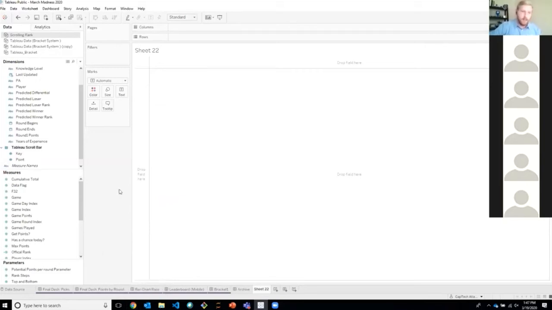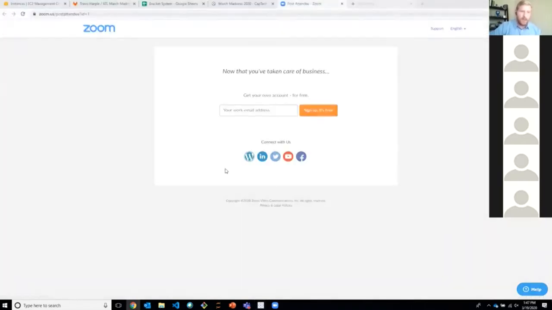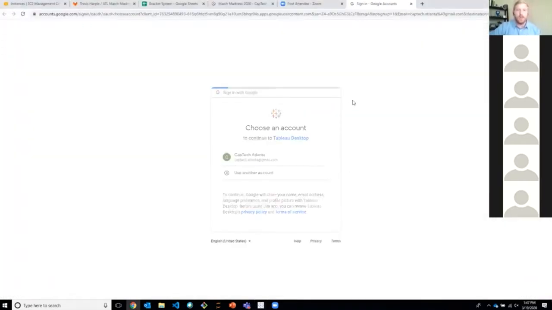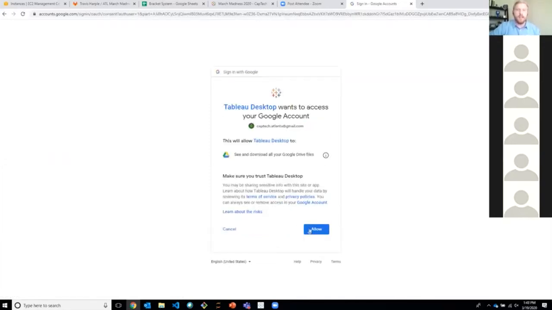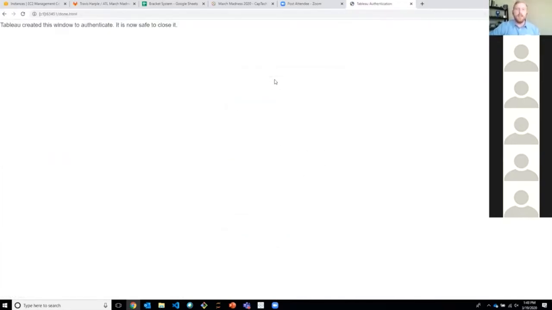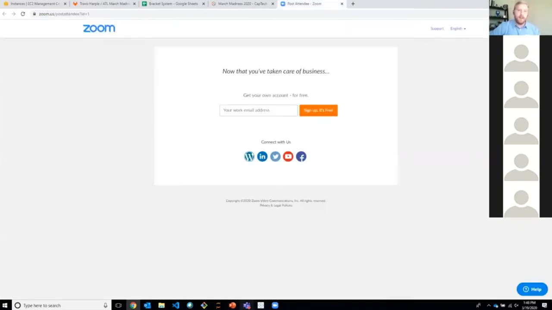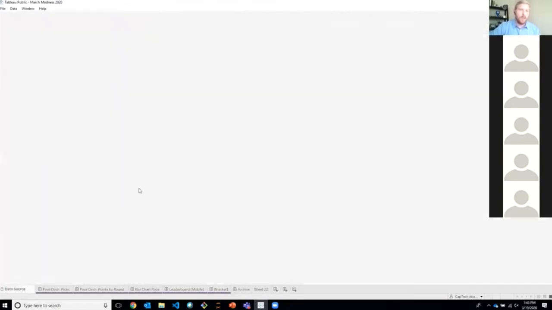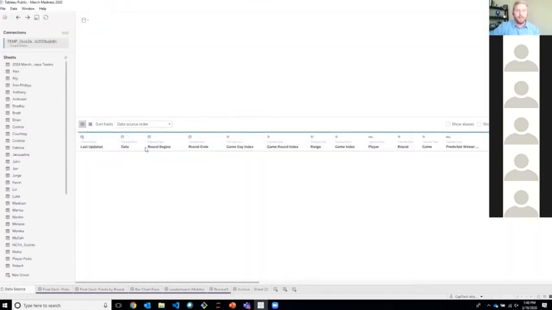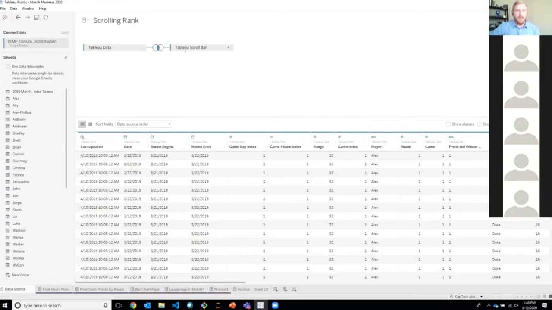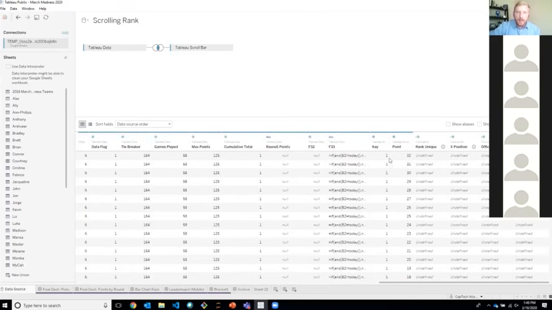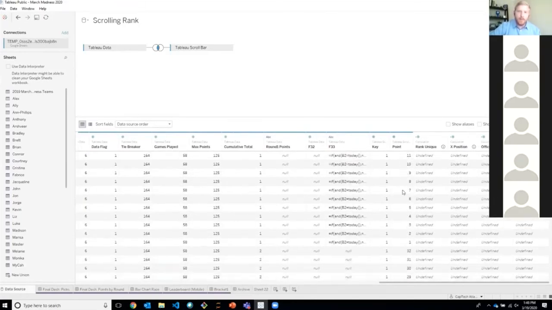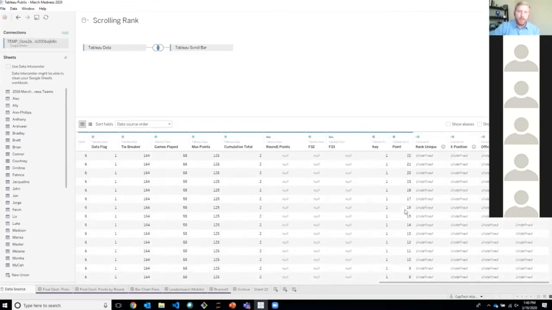But in order to do that, all we did on the data sources was join our data set to a dummy data set that was just a number of 1 through 32, which we wanted 32 points. And that's this Tableau scroll bar data set. So if you scroll all the way to the end, you'll see that all we have is a key and then a point of 1 through 32 for every row in our data set.